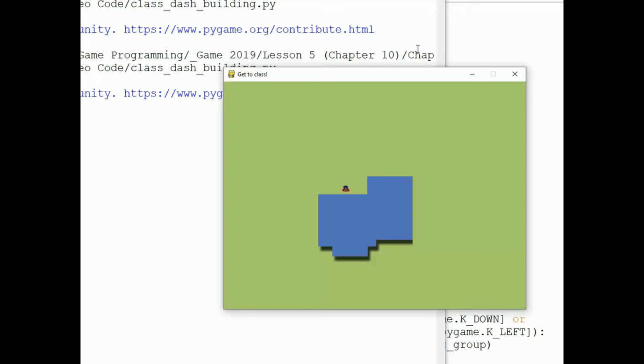And if I get really close to the building and stop, which is what was causing the error before, and then try to turn and move, it works fine. The student backs away from the building a tiny bit and moves in the new direction. So that is an approach to collision detection